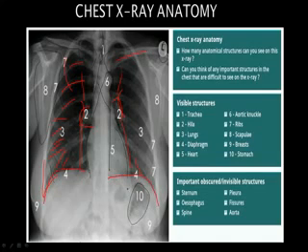Under the dome of the diaphragm, in X-rays taken in a standing, erect position, you will get the stomach bubble here. If it's a sleeping position, you may not be able to see it. In a supine position, it will not be seen clearly. So there is a gastric bubble there. These are the structures to be seen on a normal X-ray.